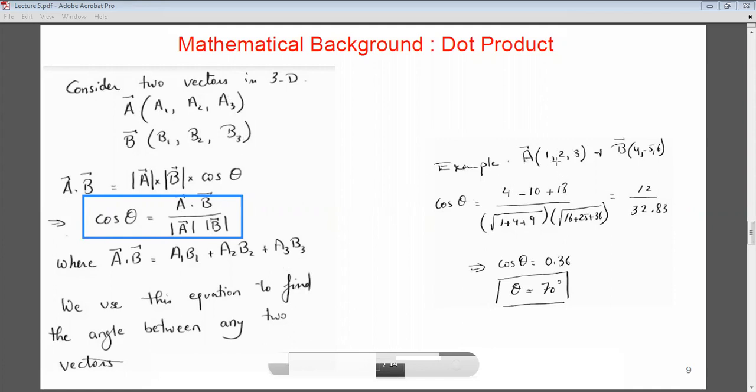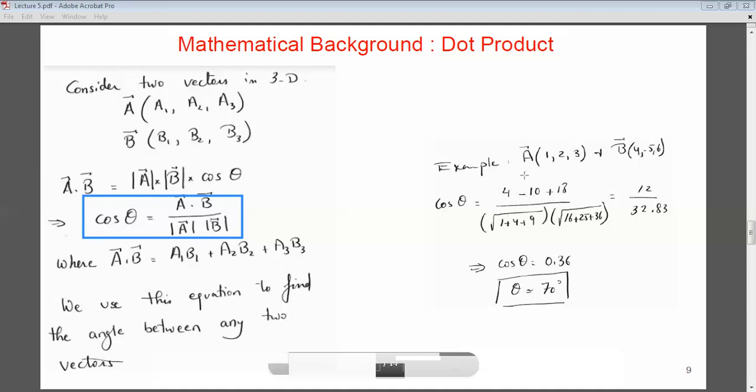If I have vector A, which is 1, 2, 3, and vector B is 4, minus 5, 6, then cosine theta is equal to A dot B, which is 1 times 4, plus 2 times minus 5, plus 3 times 6. And this gives me on the numerator 4 minus 10 plus 18, okay, divided by the